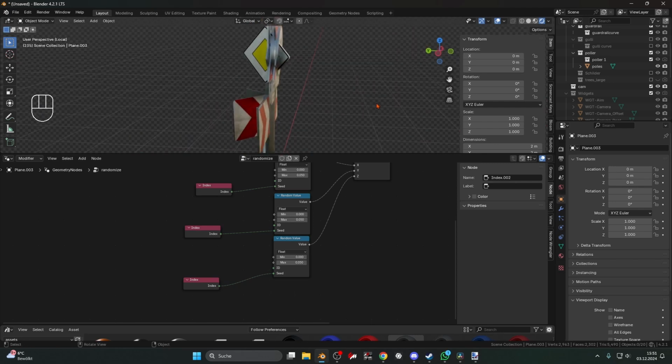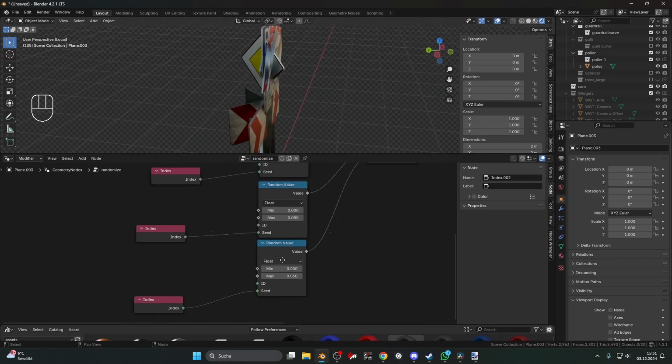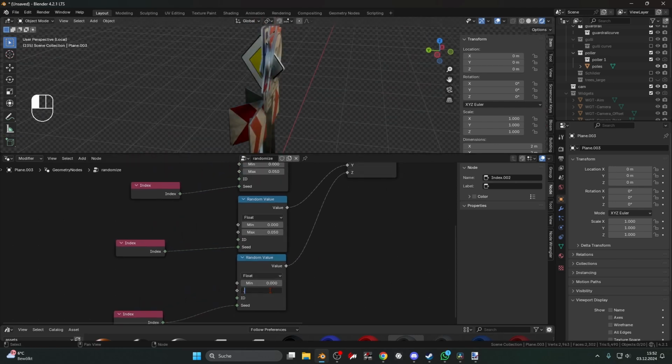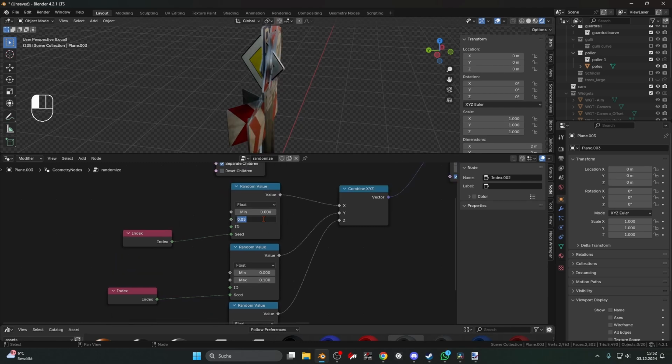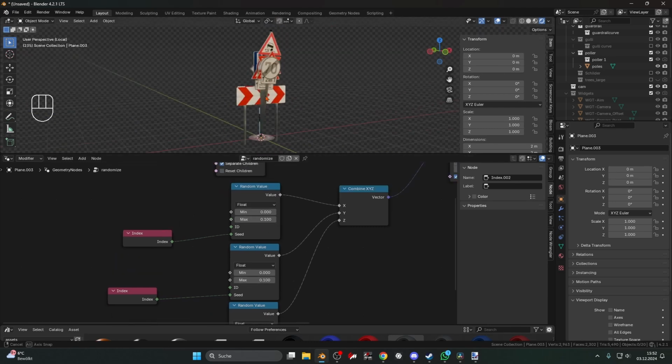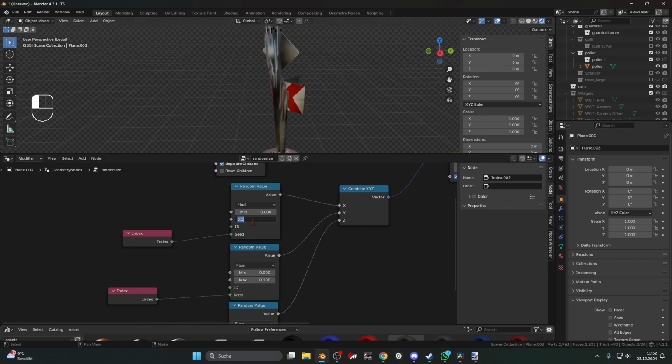Means all of them have a slightly different rotation. Let's see if we can even go 0.2. 0.2 is too much. 0.1. Play with these values to get the look you want. 0.05 is probably